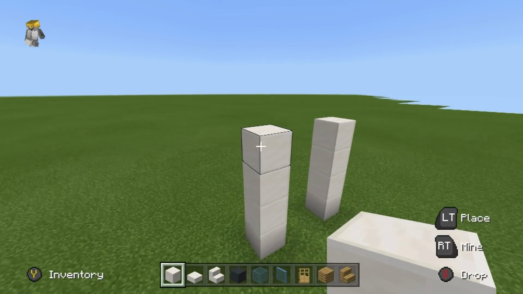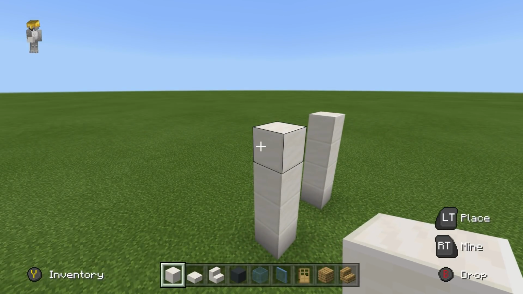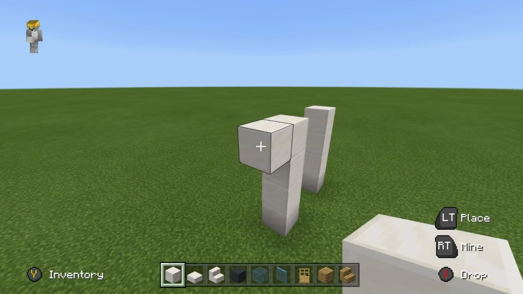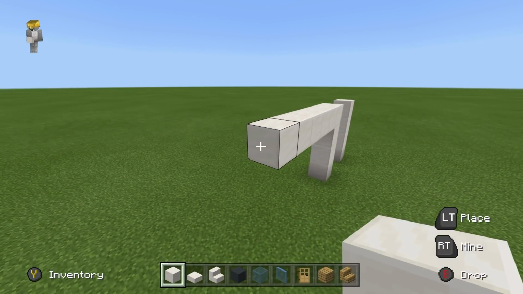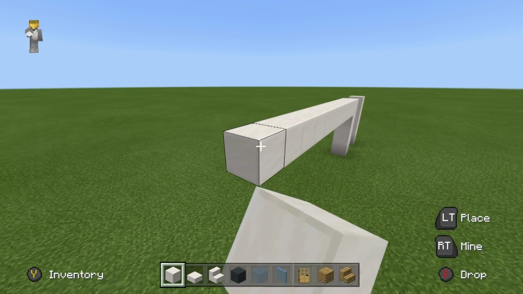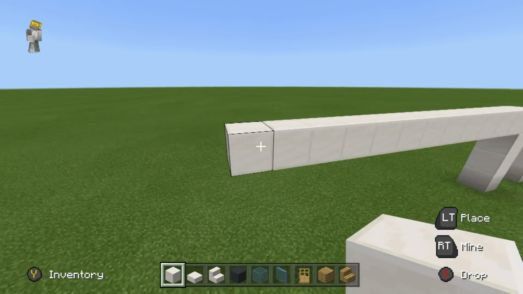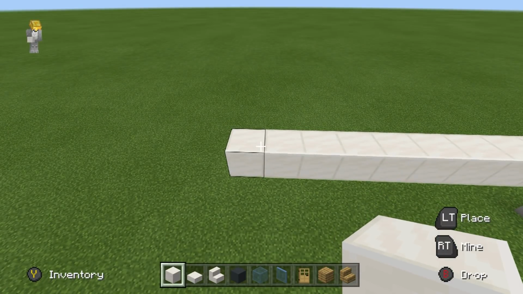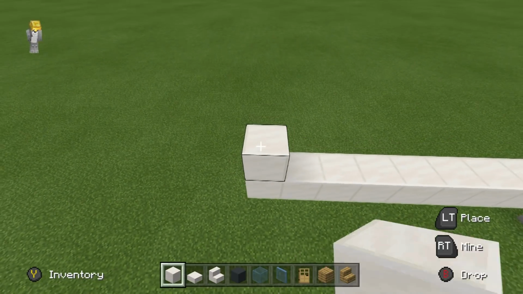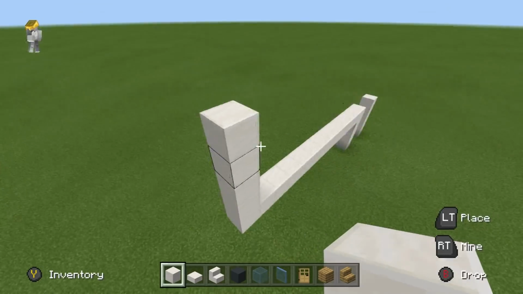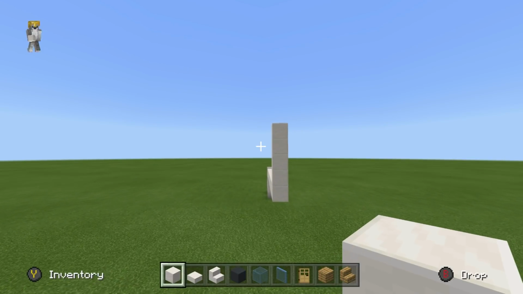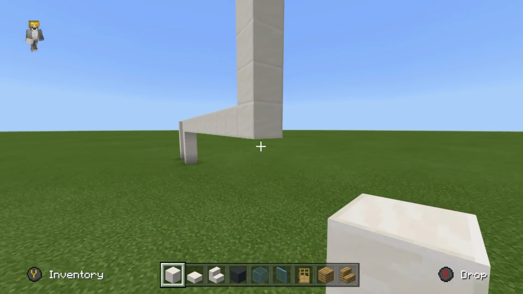And then we want to take the top of the row and extend left by 12. 1, 2, 3, 4, 5, 6, 7, 8, 9, 10, 11, 12. We're then going to extend upwards by 4, so 1, 2, 3, 4. And we are going to take this entire row of block of quartz and we're going to extend it backwards